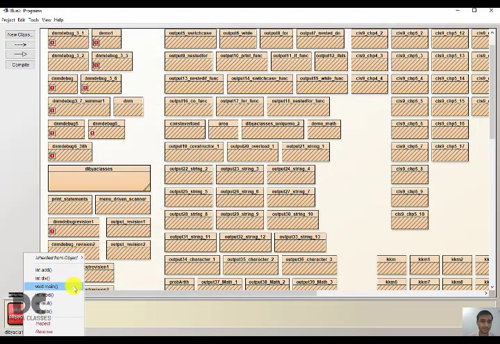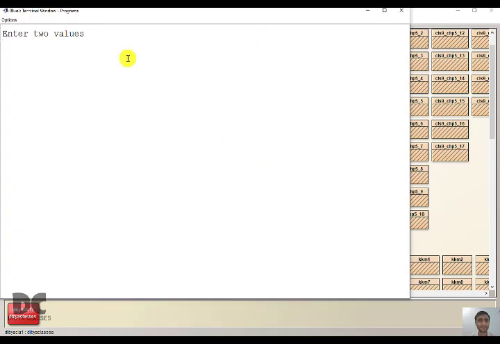Okay, so we have to run the main function here. It is asking to enter two values. Actually, where is it asking? It is asking in the add function, not in the main function. The main function called the add function, and in the add function the Scanner is working. Enter two values, for example 5 and 10. 15. Where is this value 15 coming from? It was returned back to the main function. It was stored in the variable x, and then we printed the variable x. The value of x was 15.